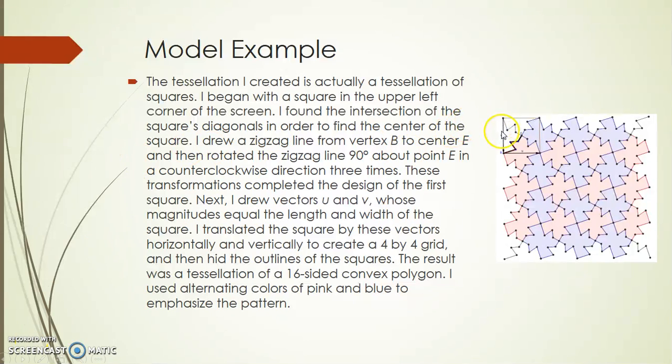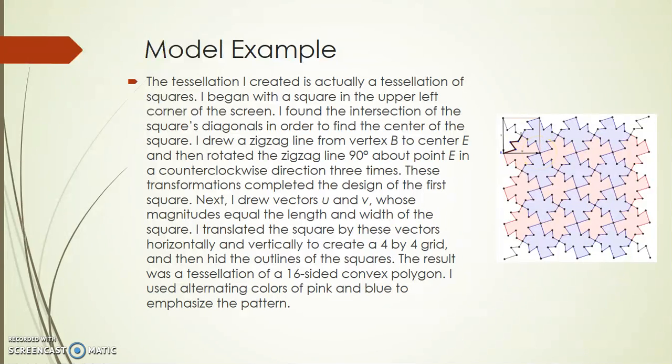In this example, they start out with a square in the upper left corner of the screen. And then they found the intersection of the diagonals to find the center of the square. And then they just draw a kind of funny zigzag line from point B to E, the center. And then they rotated the zigzag line 90 degrees around point E 3 times, so that it would go all the way around the square. And then they drew vectors V and U,